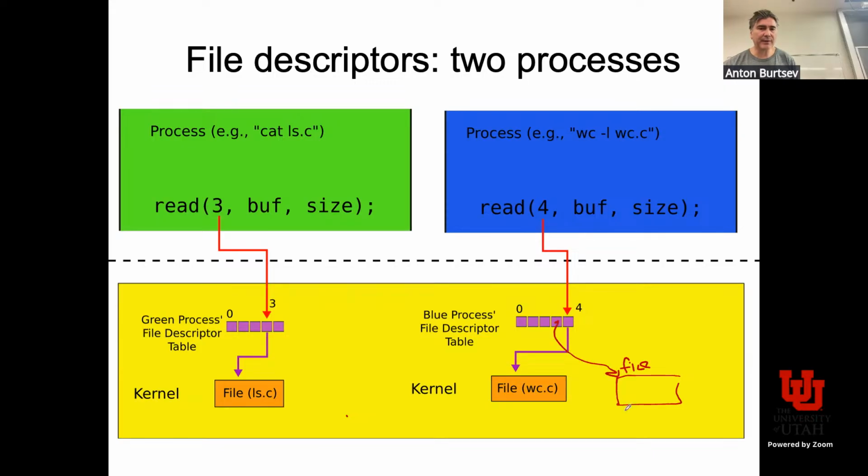We'll have a pointer like this, and then these 2 data structures will refer to something called an inode. It's a file on disk without a name. In fact, you can know the same file on disk under different names, and you don't even know a priori whether ls.c and wc point to 2 different files. It's just 2 different names. But this is how it will be implemented. So there will be two different file data structures, two entries in file descriptor tables, but they potentially can point to the same inode, right? Make sense? Any other questions?